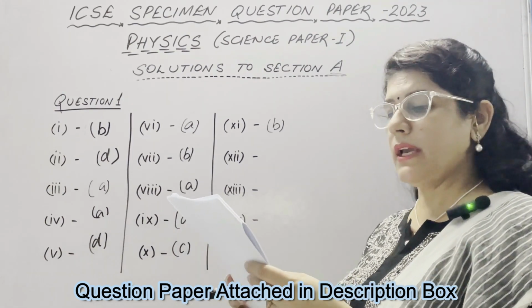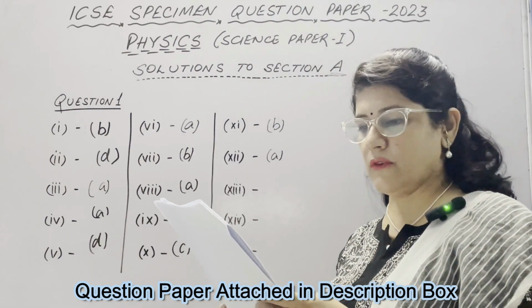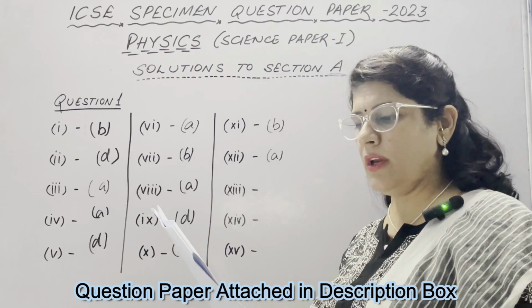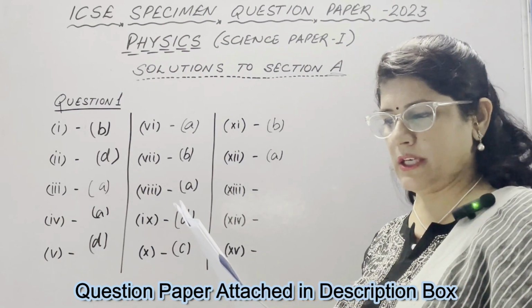Now in part number 12, choose the correct statement. Latent heat absorbed is... first part A is correct, it is independent of the mass of the substance, because in all three parts it is directly proportional to the increase in temperature, directly proportional to the specific heat capacity, and directly proportional to the specific latent heat of the substance.